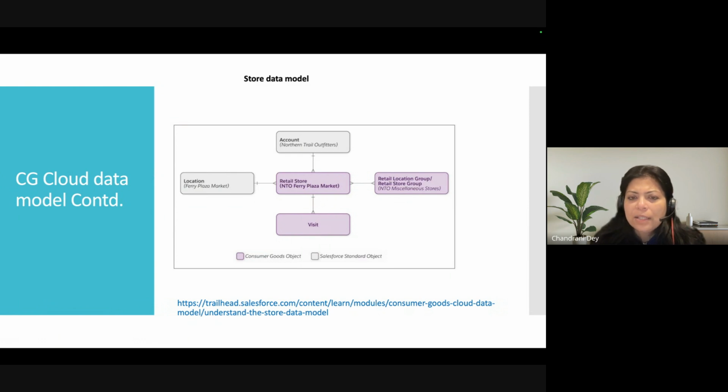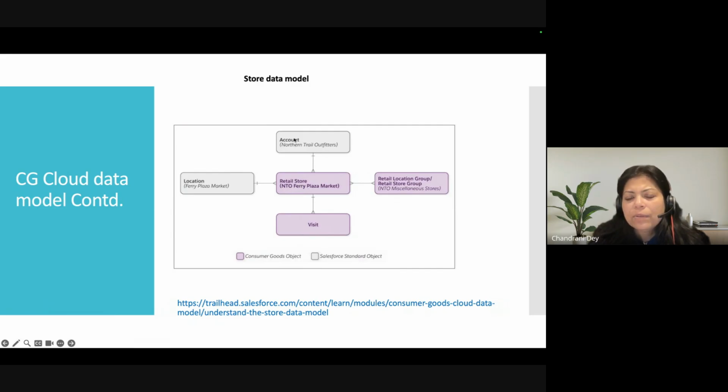If you see a retail store, the example is NTO Ferry Plaza Market, which means a particular store from the company NTO, Northern Trail Outfitters, located somewhere in Ferry Plaza Market. That is why the name is NTO Ferry Plaza Market. The type is a retail store.